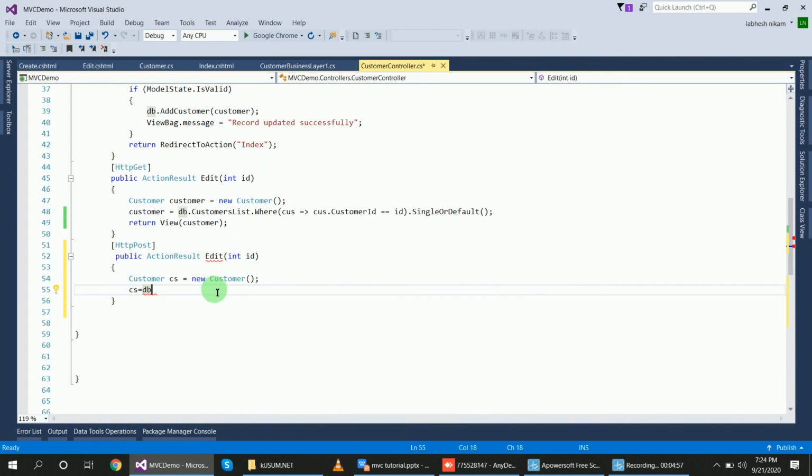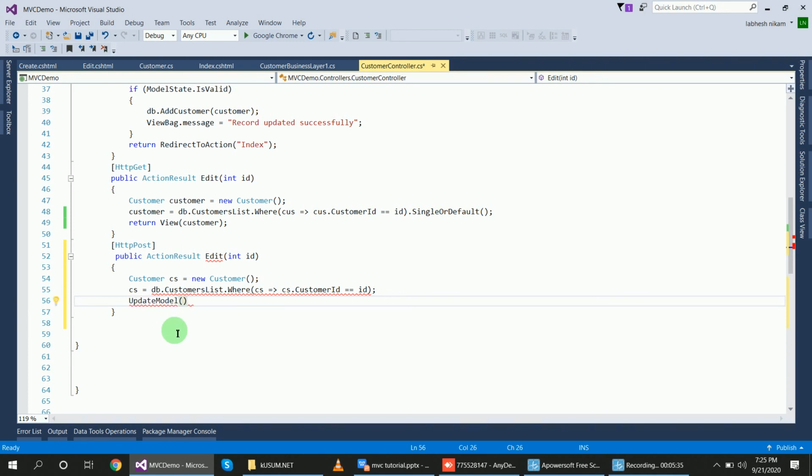Let me change the property method, db dot customer list. On this method dot Where, suppose cs and lambda cs dot customer id equal to the parameter id. Now use UpdateModel.